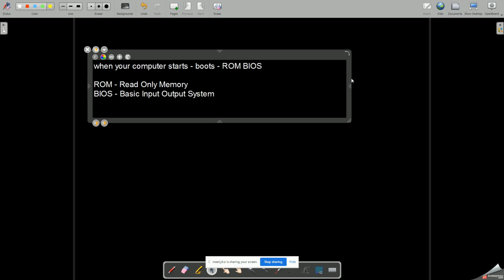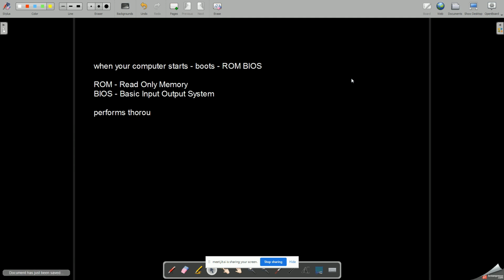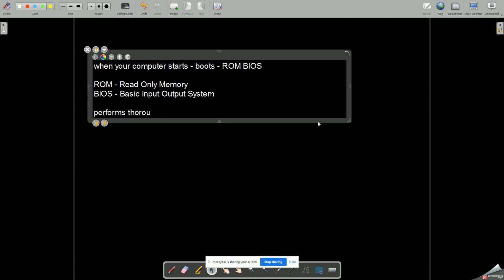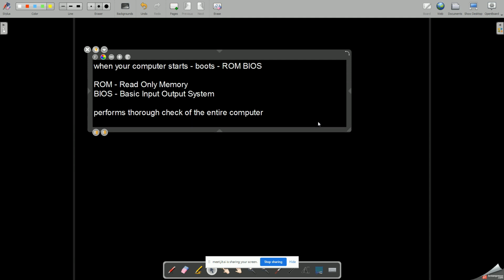Okay, so this performs a thorough check of the entire computer, all the resources, all the peripheral devices attached to your computer.